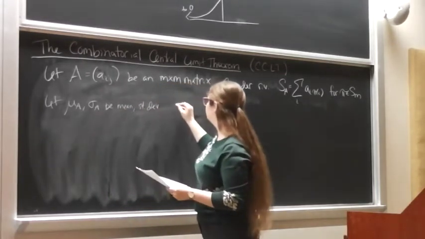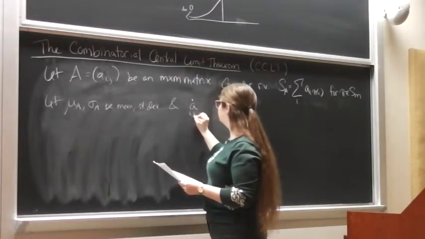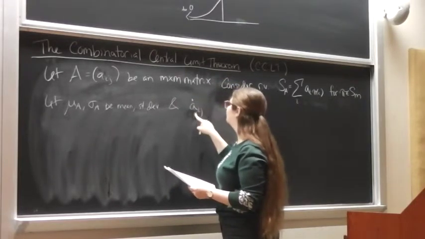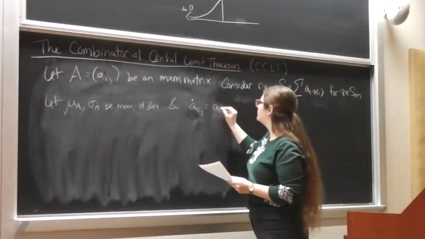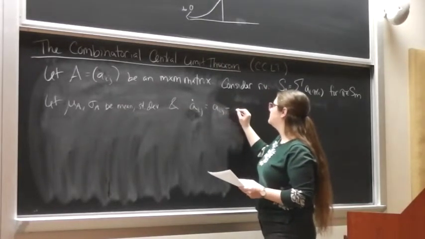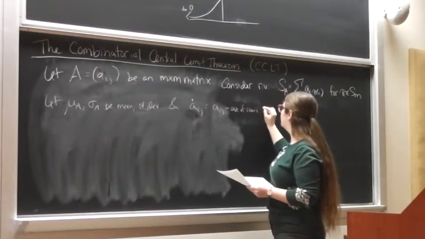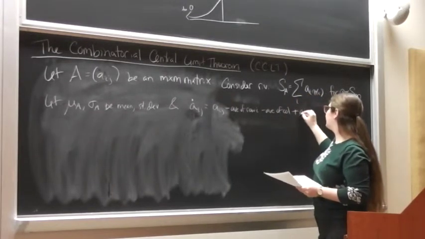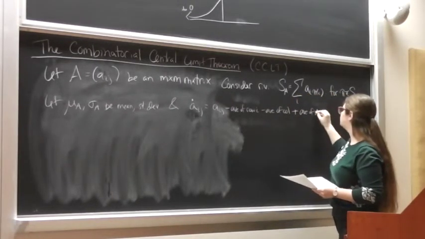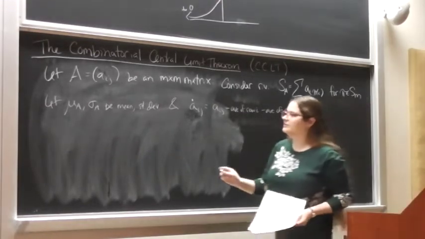And we're also going to have this extra notation, A_ij with a little dot over it, for just a little renormalization. So we take the actual entry A_ij and subtract the average of the row and the average of the column, and add back in the average of the whole matrix. So just some renormalization. And now we're ready for the theorem,